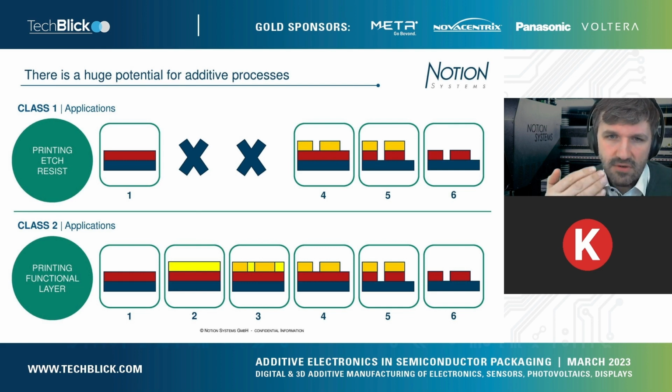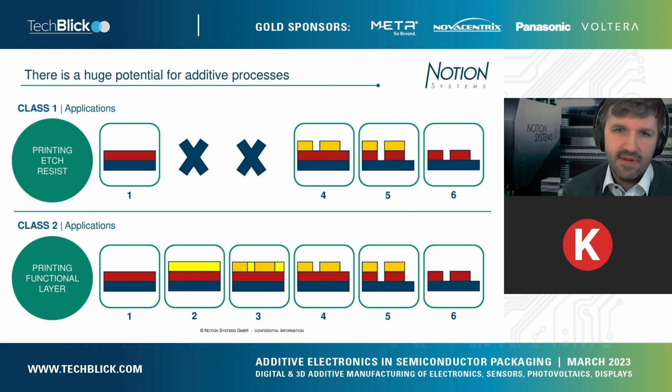You structure, or have already reduced your production by, two steps, which is already making a positive impact on the sustainability of electronics production. Of course, as I mentioned, the dimension of the structure should be printable. So what we can't do is producing chips, but there are many applications